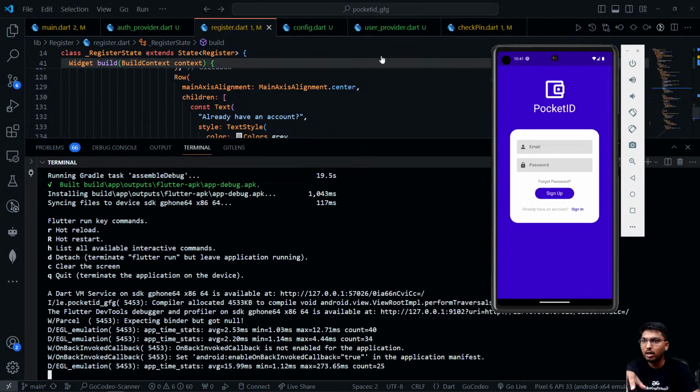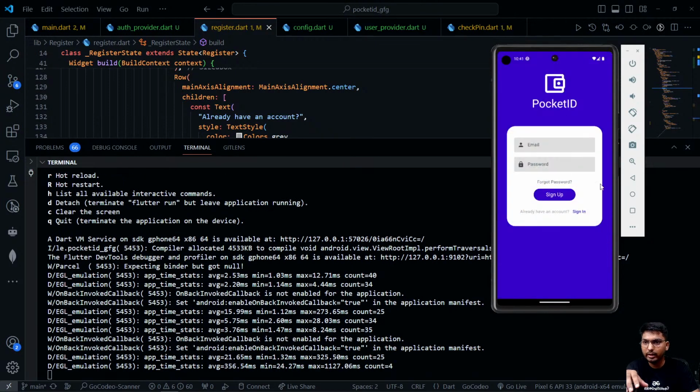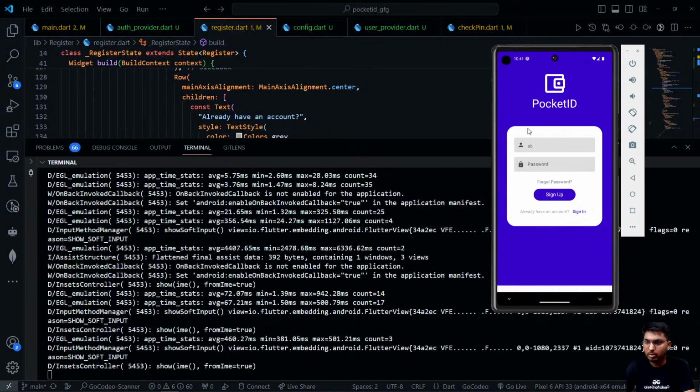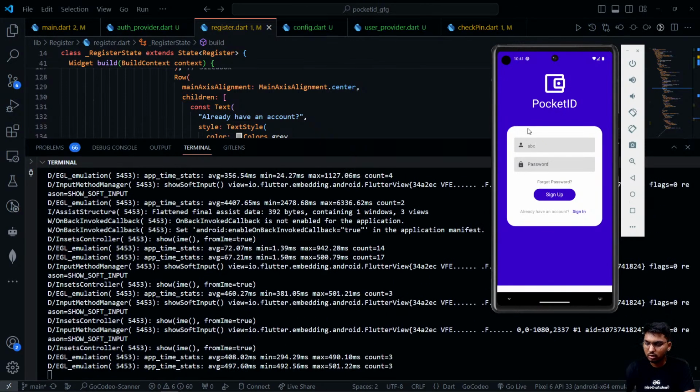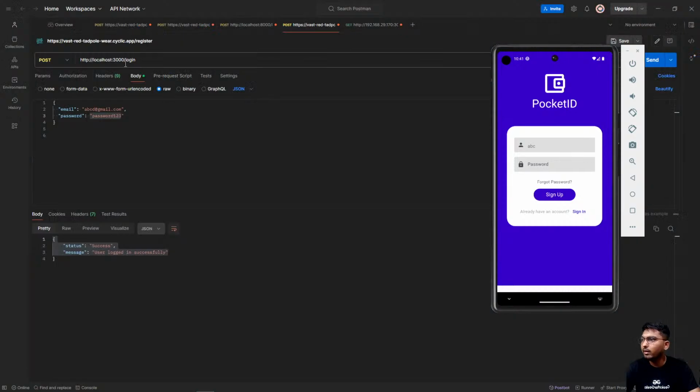So yeah, it has started. Now sign in works. Let's hit the back button. And yeah, so A, B, C. Let me do one thing. Let me go to Postman first, and inside this login part, register part,